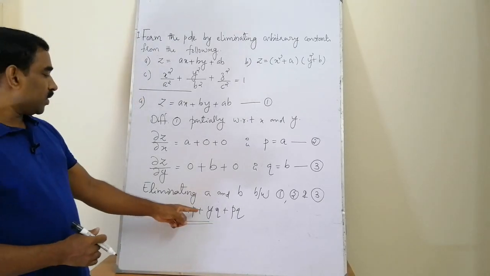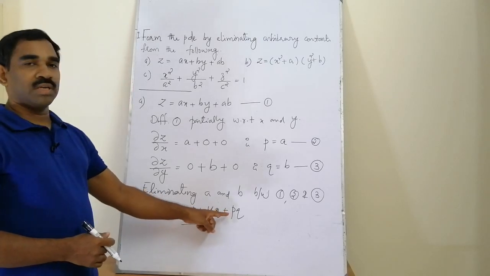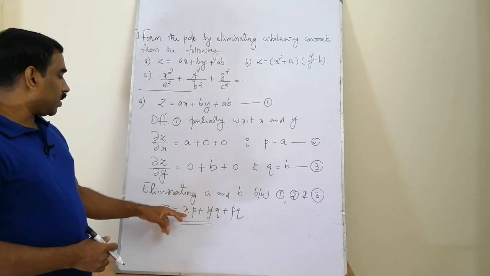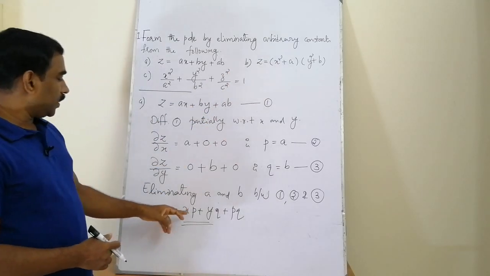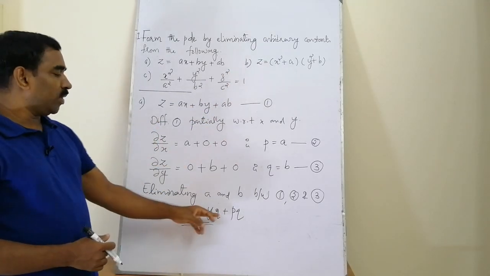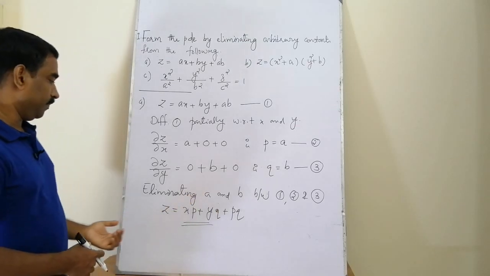See, what is the order of this differential equation? This is a first order partial differential equation. The derivatives are not written in explicit form. We are using some notation. What is the notation? p means dou z by dou x and q means dou z by dou y. That is a convenient notation.